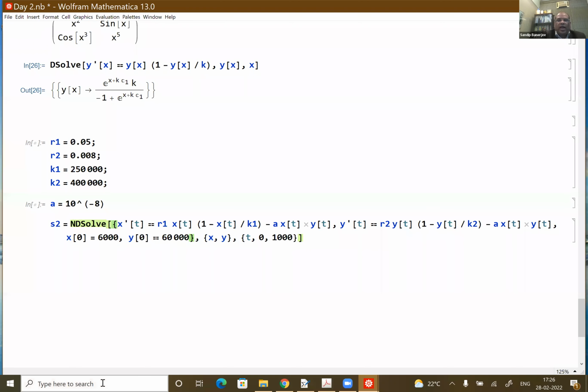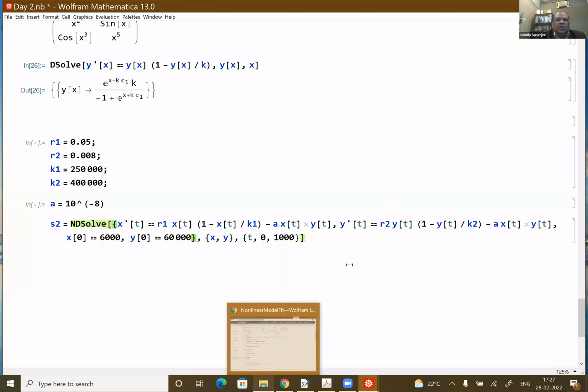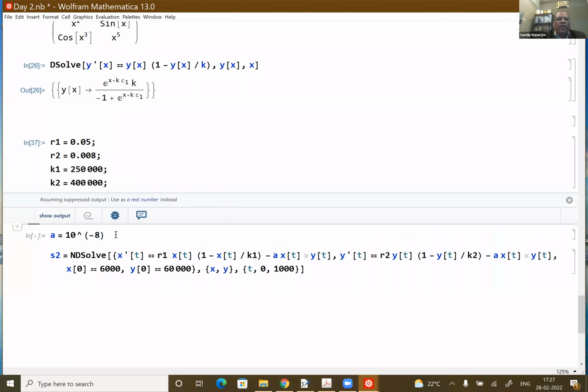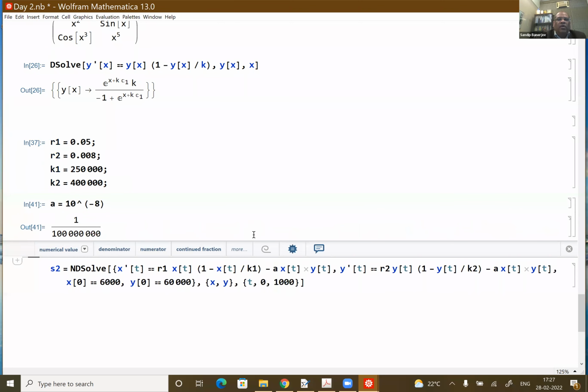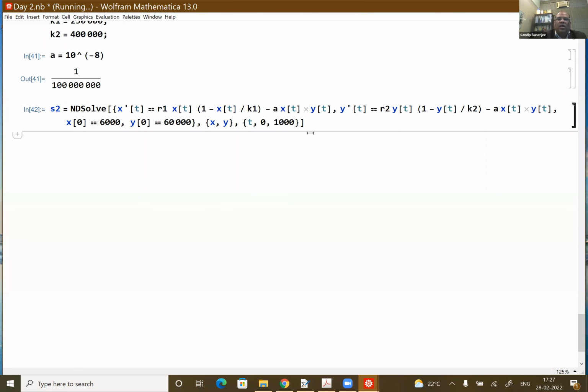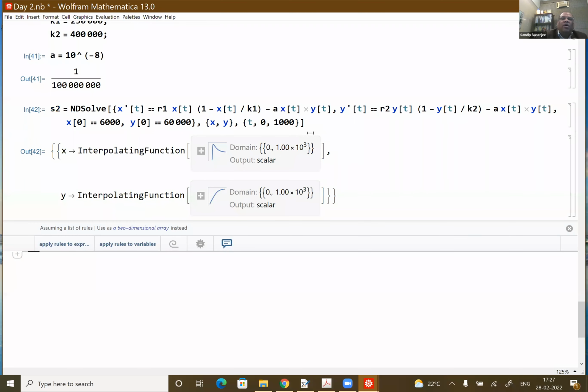So as you can see, again here it's the single equal. This sometimes happens, and then the kind of error it will give, you won't be able to understand why it is happening. Now you can see that you can get the graph, and if you plot them,